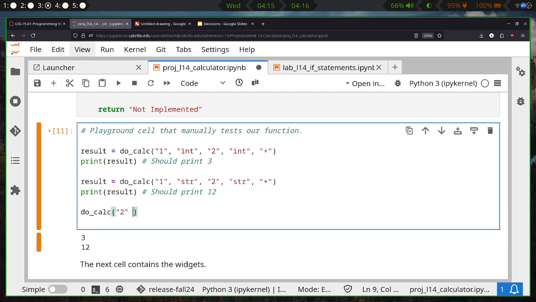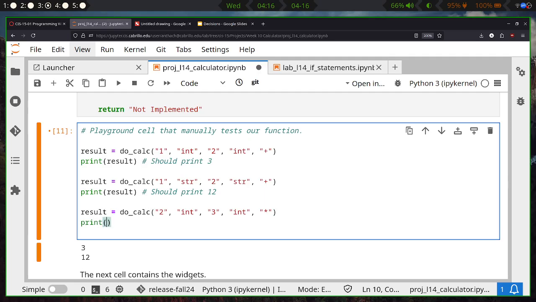So 2, and treat this as an integer. And let's go 3, treat this as an integer. And then let's say we're trying to do multiplication, and store a result. Okay, and this should print